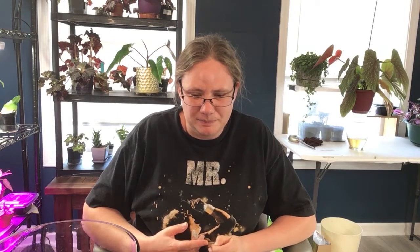And at the same time, I kind of wanted to be able to get more of these begonias so that I can trade them or even sell them. I mean, I'd almost prefer to trade just because we're plant people and we spend enough money on plants as it is, but I don't know. It's just something that I'm thinking about. I'm definitely not going to turn into any kind of plant selling guru. I know a lot of people who do these channels end up having Etsy shops and all that kind of stuff,